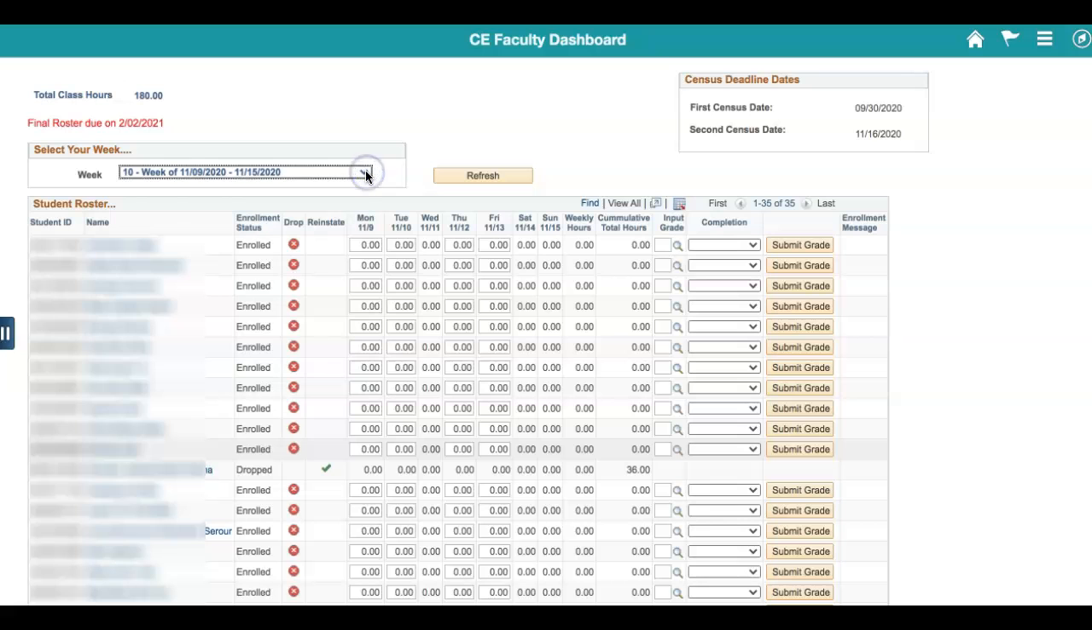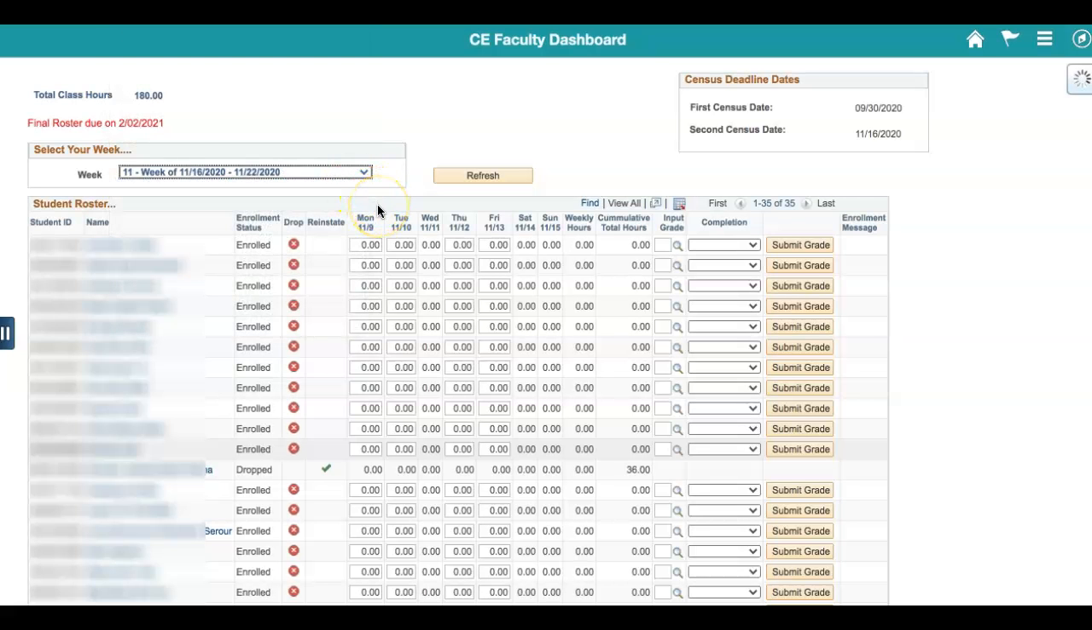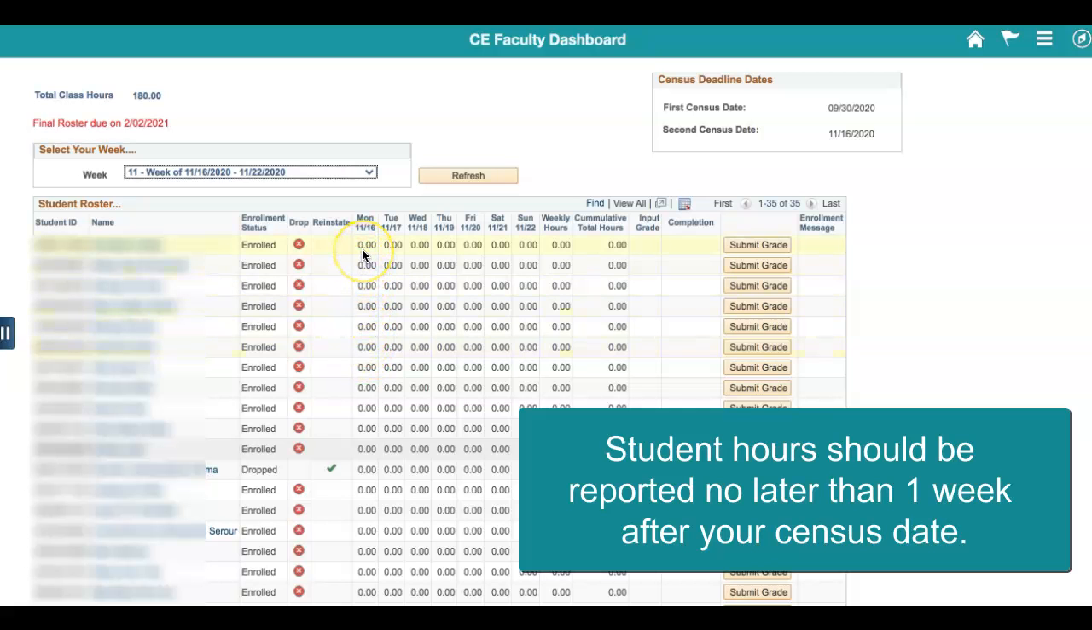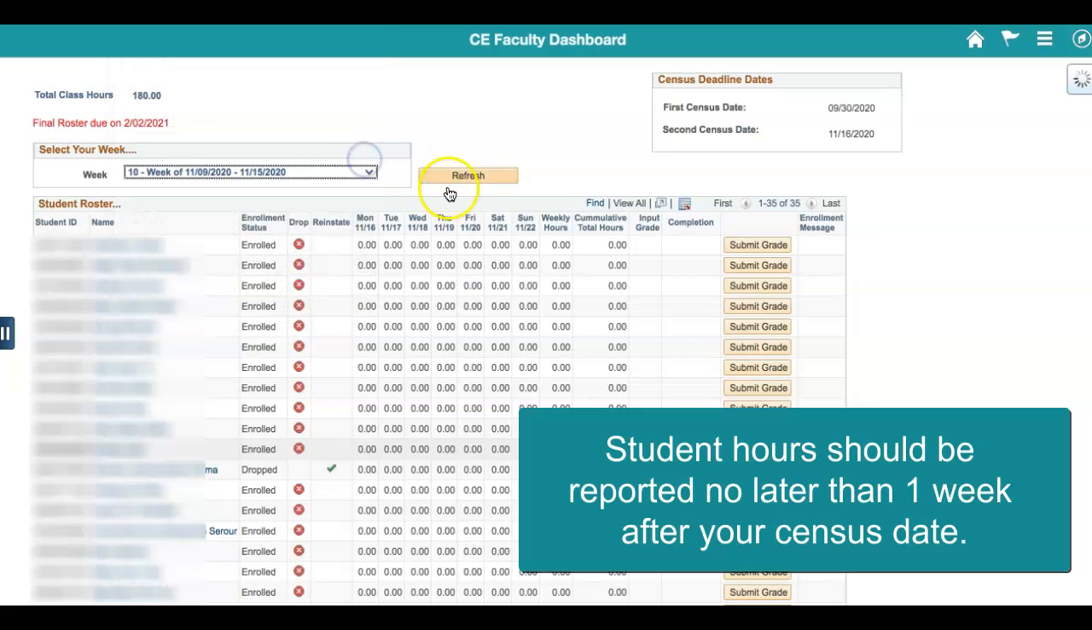We'll want to make sure that the correct week is selected for our census date. You'll want to take note that you're not able to report your census date hours in advance. So you have to wait until the week of your census date to report these hours because, as you can see, the cells are locked if you try to access this in advance. So I will go to the current week that we're in just to demonstrate how to input your hours at